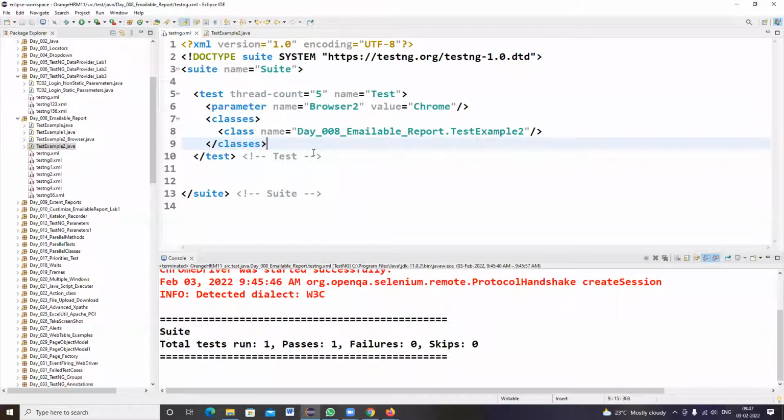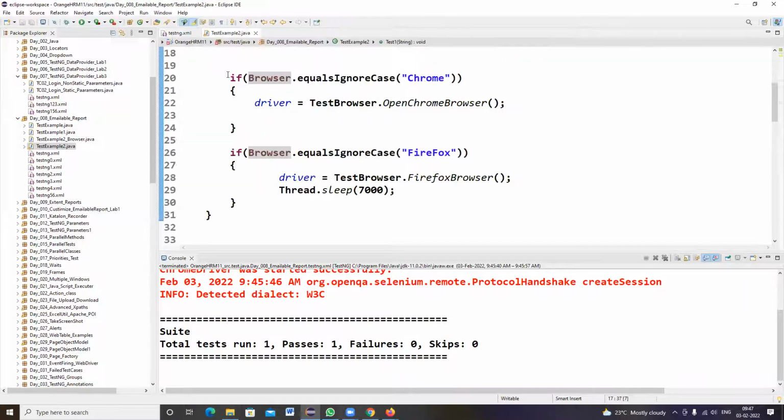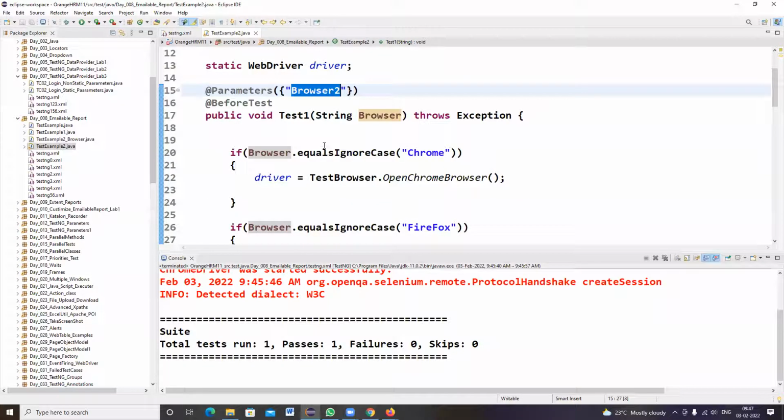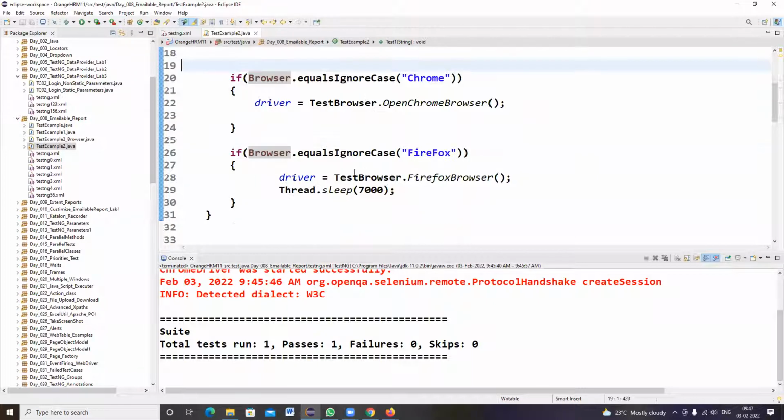Understood, right? So we will define the testng parameter in the testng.xml, with parameter name equal to browser and value equal to Chrome. And in the testng class, I will write @Parameters and specify the parameter name, so that it will be automatically passed to my local variable at the method level. After that, I can write in the before test section the condition, so you need to explain that.